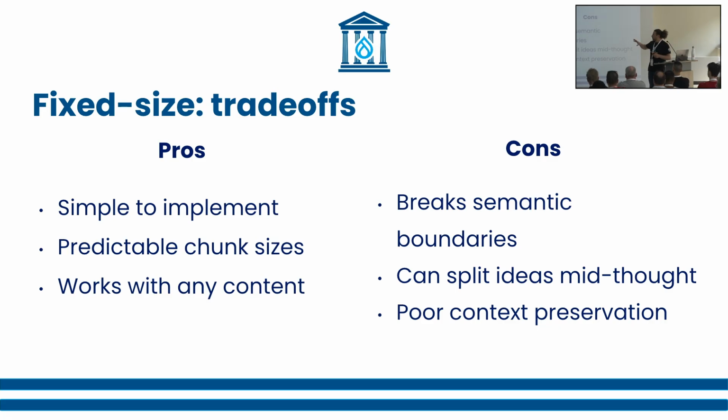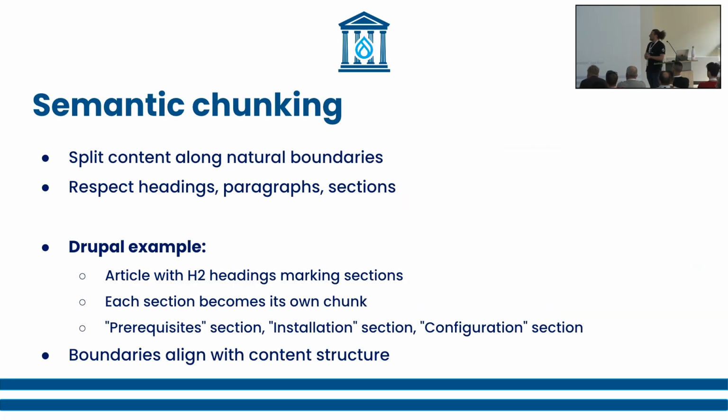So for example, in your content, you create the first chunk of 500 tokens. Then in the second chunk, you add 100 tokens from the previous chunk, so it has a little bit more context. The one that really works better is, of course, semantic chunking, which splits the content along the natural boundaries. It will read the content, understand all the sections, even looking at the HTML tags, and then divide it into chunks,